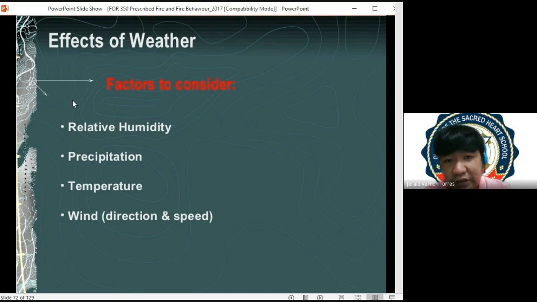So, ulitin ko, these are the different factors that we need to consider in terms of weather at paano niya naapektuhan yung wildfire natin. So first yung relative humidity, no, and precipitation. So yung dalawang yan, yung relative humidity and precipitation, obviously it tells you the water content of the fuel. So pag mas mataas ang relative humidity at precipitation, obviously mas mababa yung ability to cause ignition kasi mataas yung humidity. Pag mababa yung humidity naman at mababa yung precipitation, obviously mas mataas yung ability to cause ignition kasi mas dry yung fuel natin at this point.